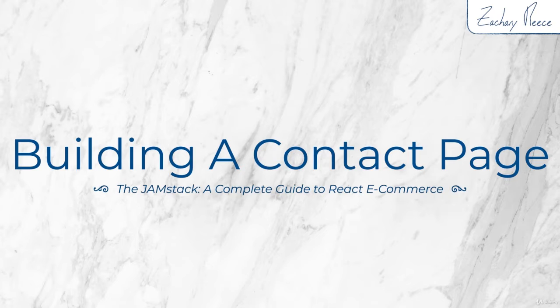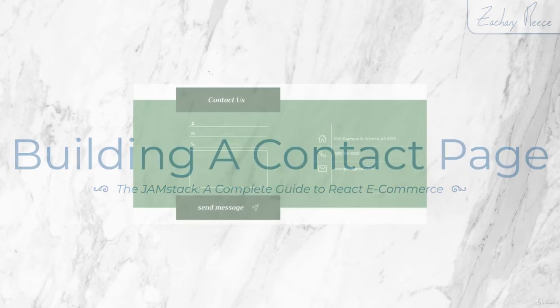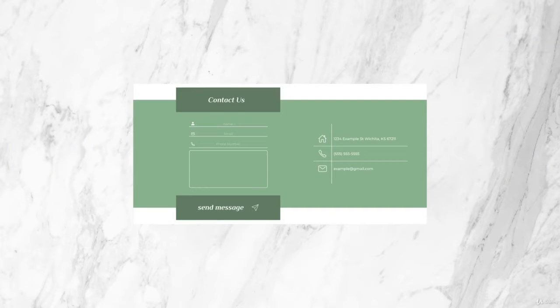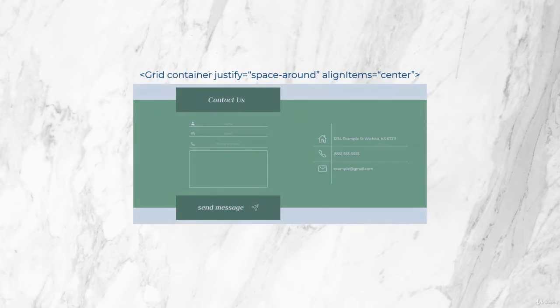Just like before, let's go ahead and start off by breaking down the design into the grid structure that we'll need to implement it. Just like always, we'll start off with a grid container representing the entire page here. We'll use the justify of space around to make sure that we get our contact form on the left and then our contact info on the right. And then we'll use align items of center to align the contact info